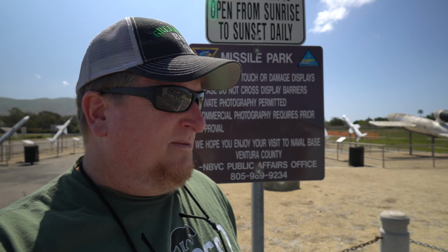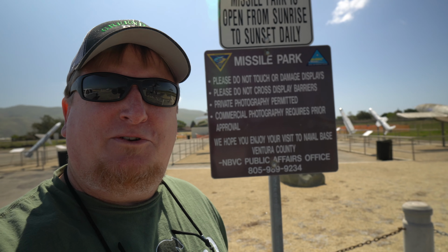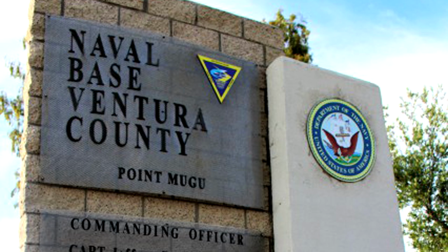The last stop here, I promise. This is the Missile Park, which is just at the entrance of Point Mugu Naval Air Station, which is part of Naval Base Ventura County Complex. It's a really neat little park. It's got a lot of really cool jets that are up on sticks. This F4 Phantom here,